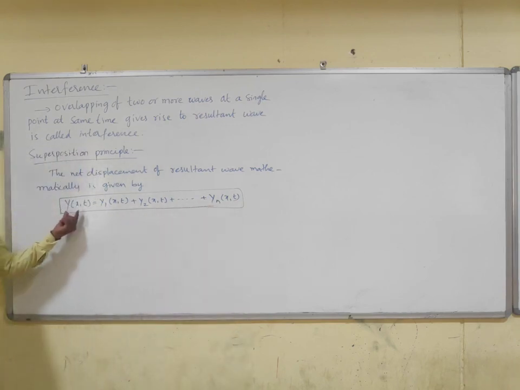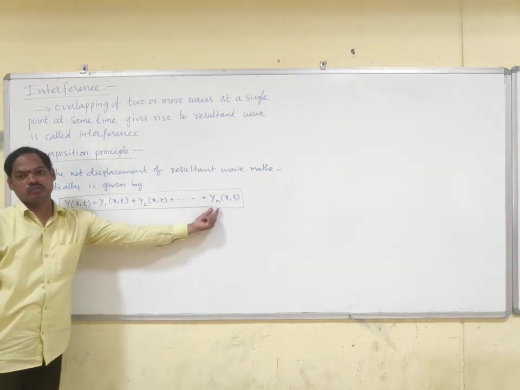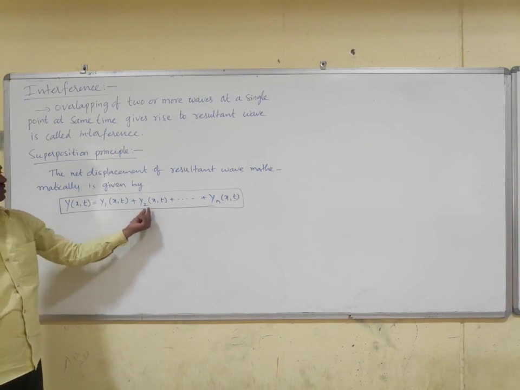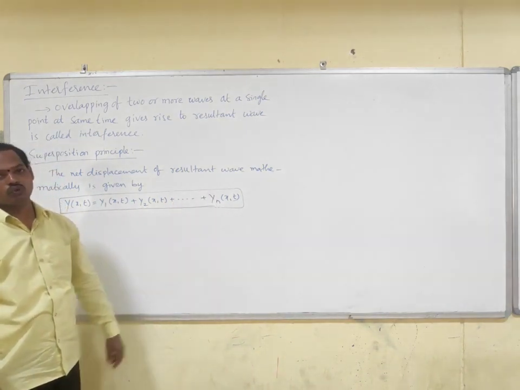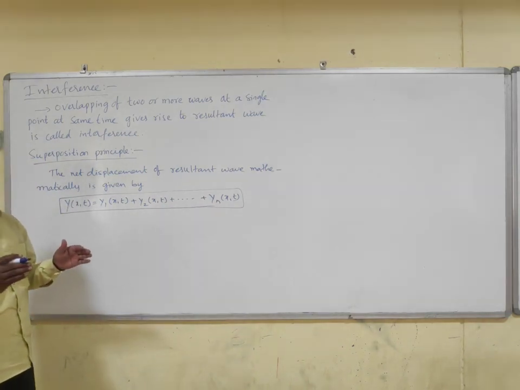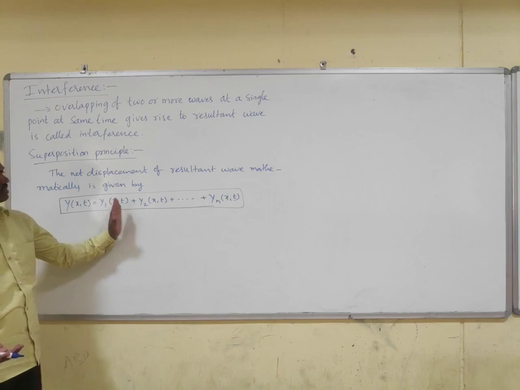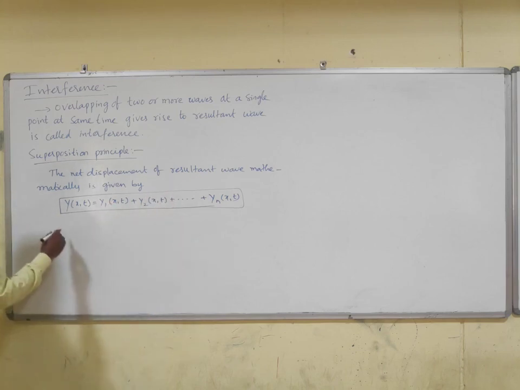Where y of x comma t is the resultant displacement of all these superpositions of individual waves. Y1 means first wave displacement, y2 second wave displacement. Like this, if n waves are overlapping at the same point at the same time, then net displacement is the sum of all the individual waves. Okay. For example, let us take